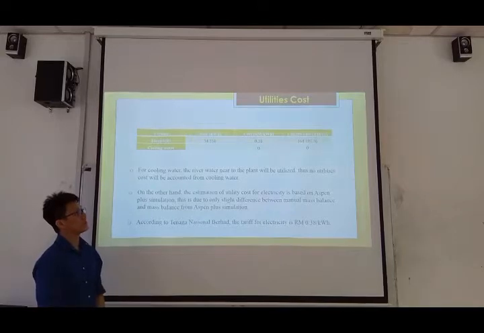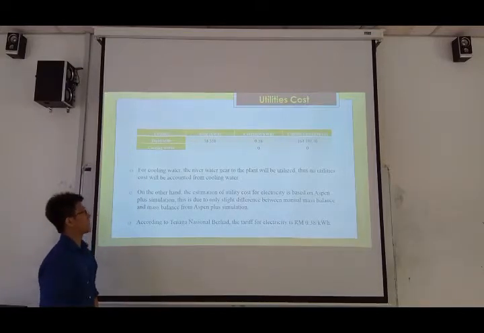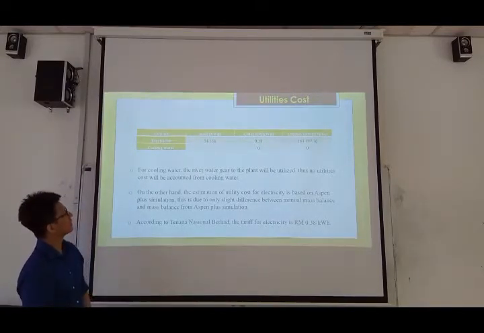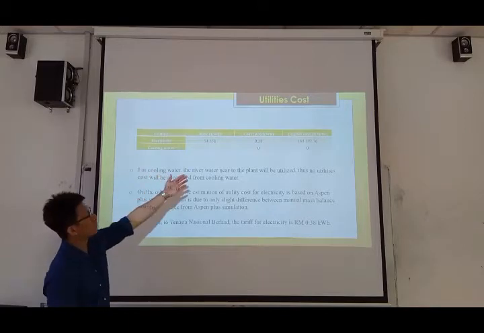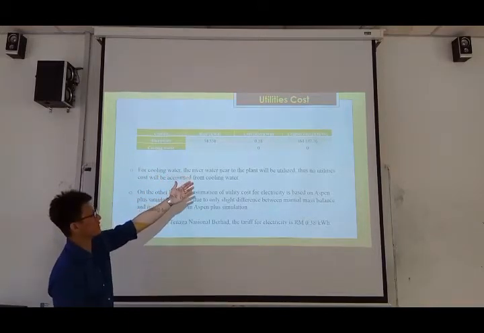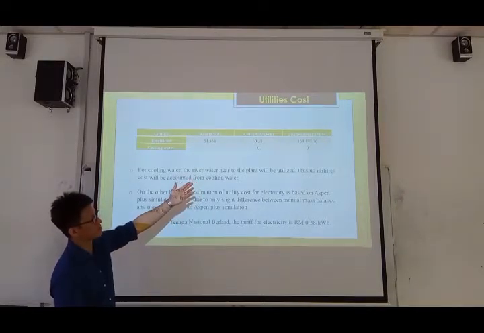So, the utility cost in our profitability analysis. The utilities are electricity and cooling water. The electricity has a rate of 54.6 kilowatt hours. Its cost is approximately 0.38 per kilowatt hour, and its utility cost is approximately